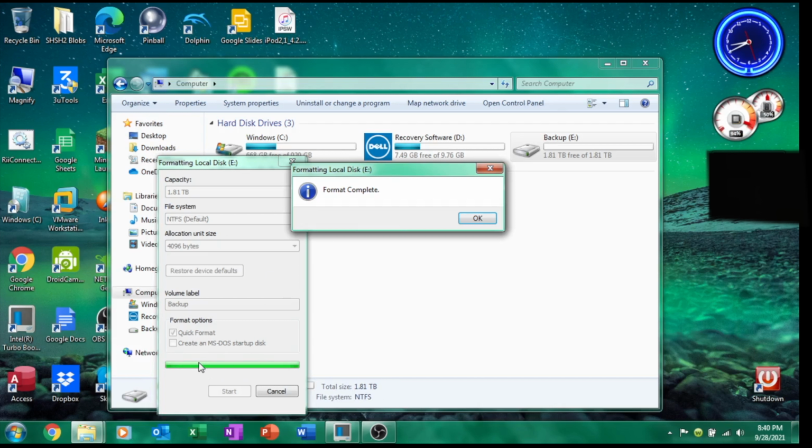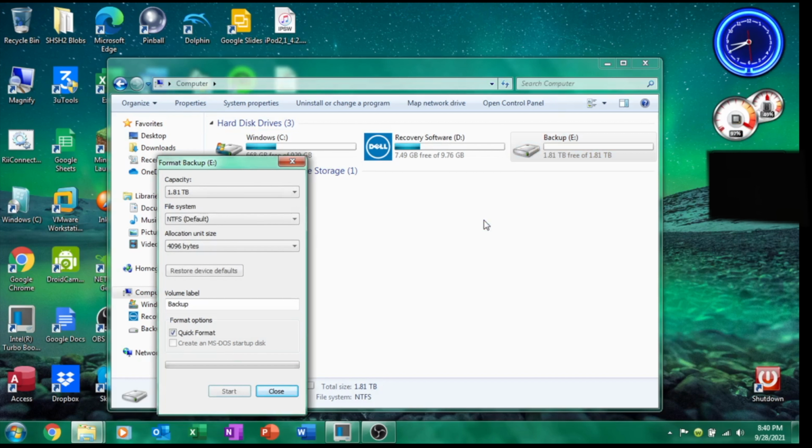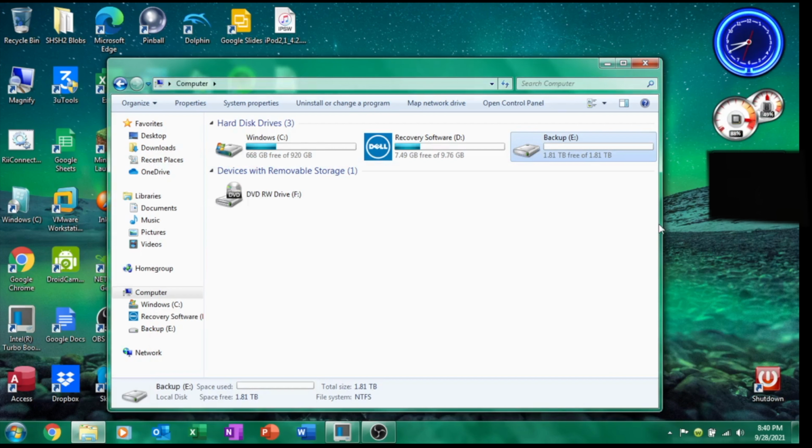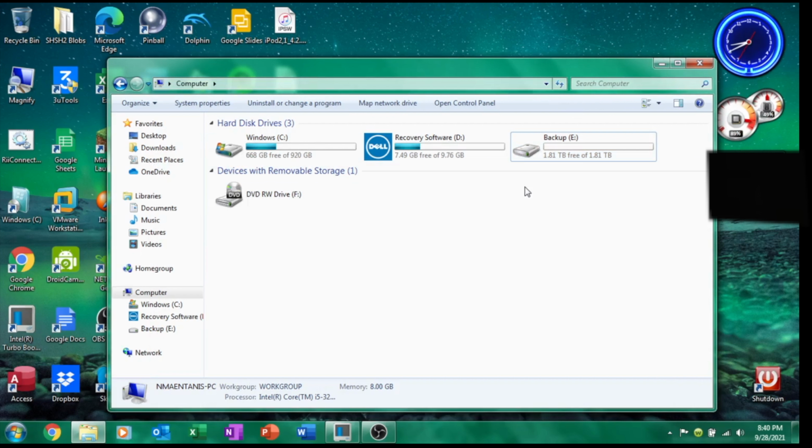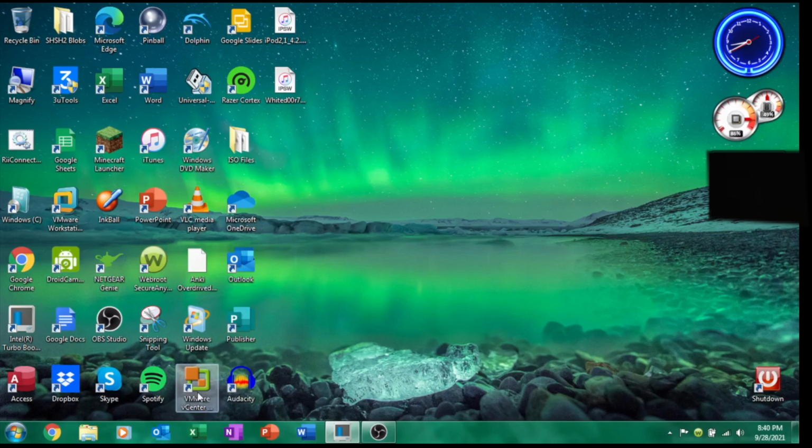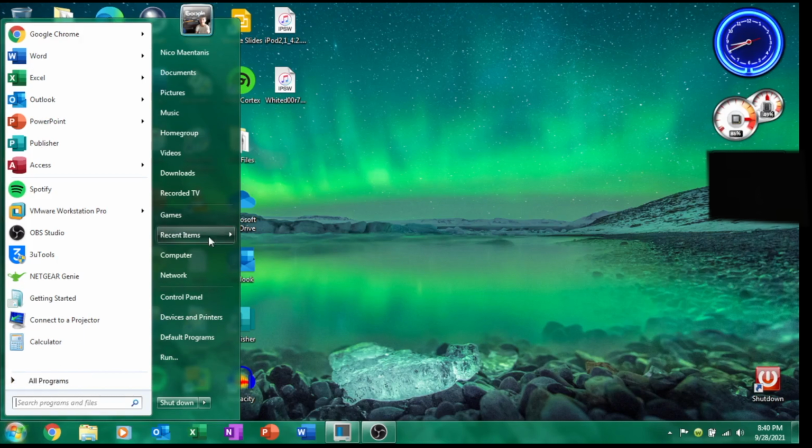And then wait for the green bar to go all the way across. Boom, all formatted. And then you'll see it shows up right here as Backup E. Now you're going to want to go to Windows,